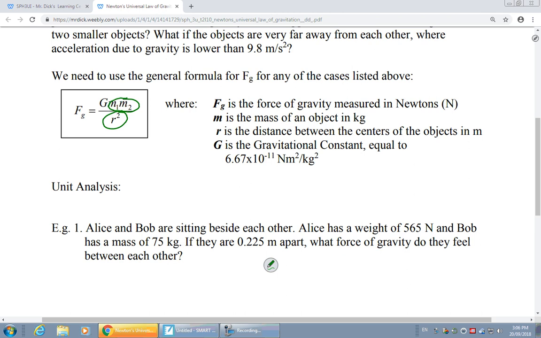What he discovered is that the force of gravity overall is directly proportional to the two masses, but inversely proportional to the square of the radius. That's what his law initially said. But he realized that to take this law from just proportions to a full equation, he also needed to multiply by one additional value, and that's this extra value of capital G.